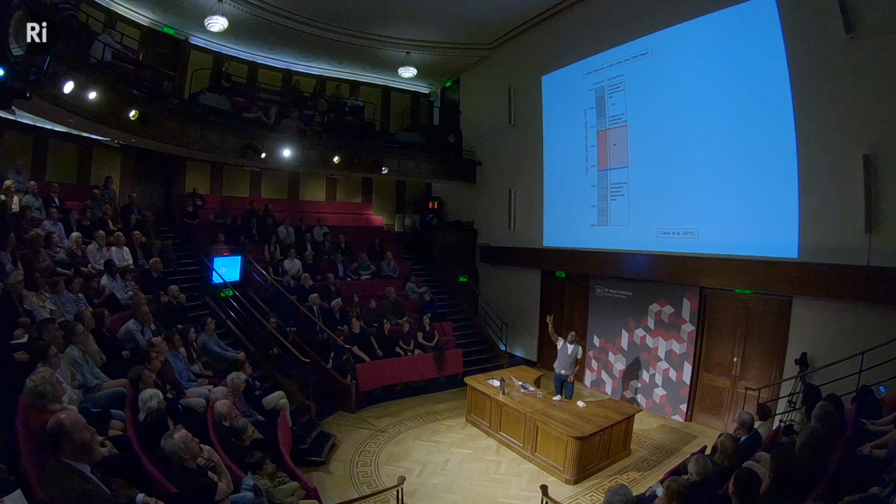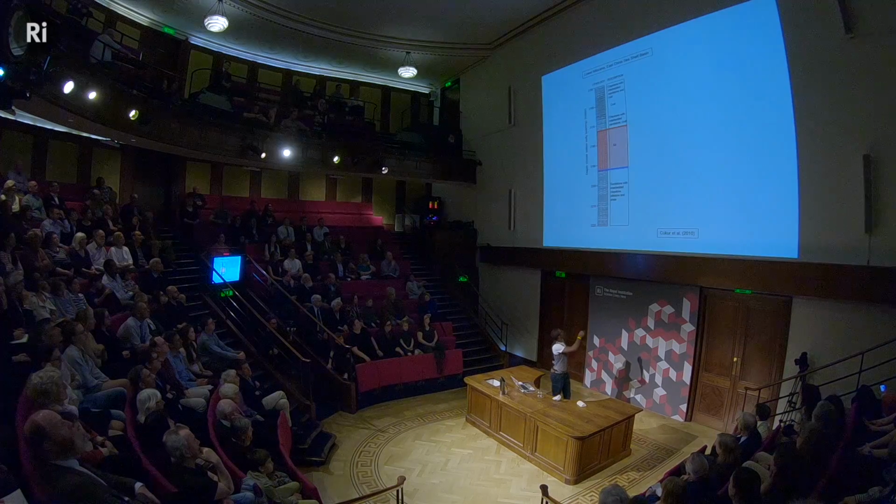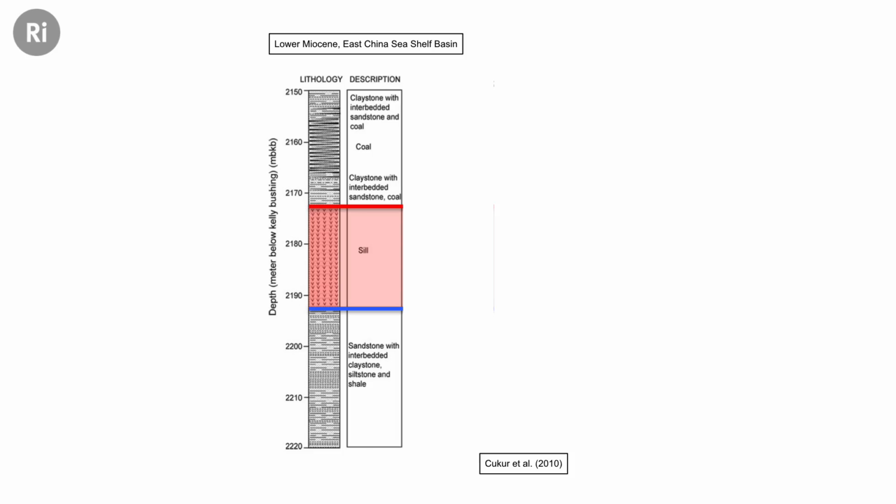So let's start off simple before I throw you in at the deep end. Let's look at a borehole. So this is a hole that's been drilled into the ground. It's probably about the diameter of this water vessel. For scale, these are 10 meters, so this is about 70 meters. We have these clastic rocks, sandstones, and then some claystones, and then we have an igneous sill, a crystalline igneous rock in the middle of those